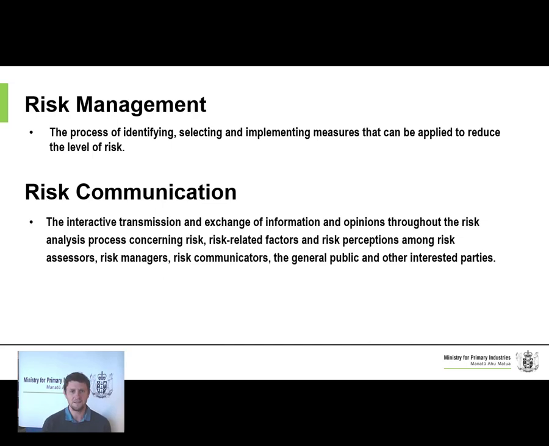Other interested parties, there are always international researchers and risk assessors, government bodies. They'll always be interested in the work that has been undertaken in the risk assessment space, particularly if it's a new piece of work that is going to have a global impact or produce information that is going to be utilised by other risk assessors and risk managers in other jurisdictions.